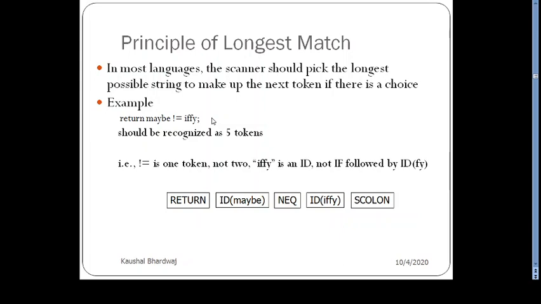Since if is a keyword, your compiler would have waited on if and tried to accept if as a separate token. But since we have this principle of longest match, it reads more characters and then tries to find the actual token. So not and equal to are not two separate tokens. Not equal to has its own meaning, so it is considered as one token.